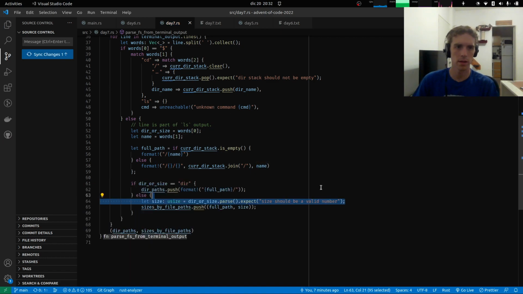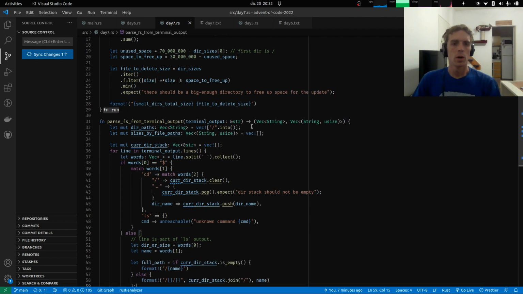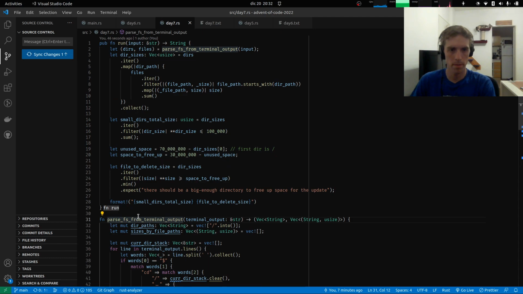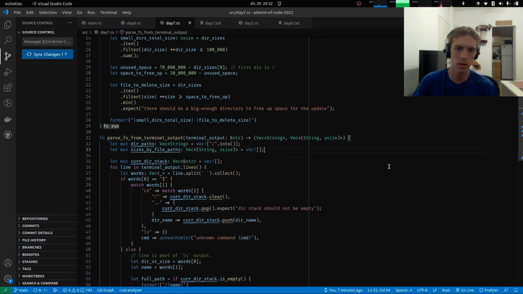Oh, no, it's okay. What I was thinking about was maybe we don't even need to parse, like return the paths and the sizes of each file and do this calculation of their sizes here. We could probably calculate the directory sizes from the terminal outputs directly. So I want to give that a try and do less computation on here,